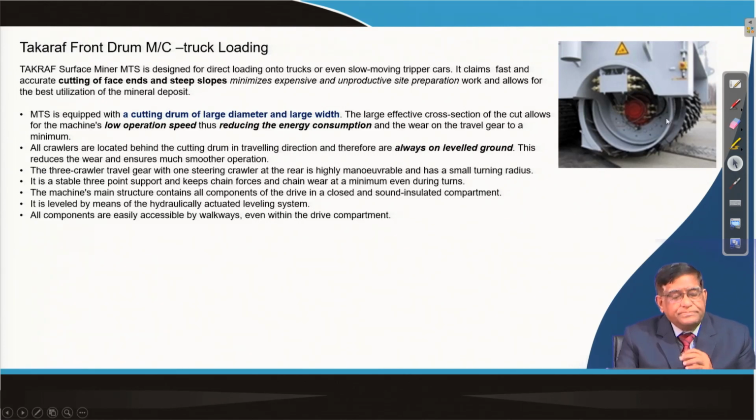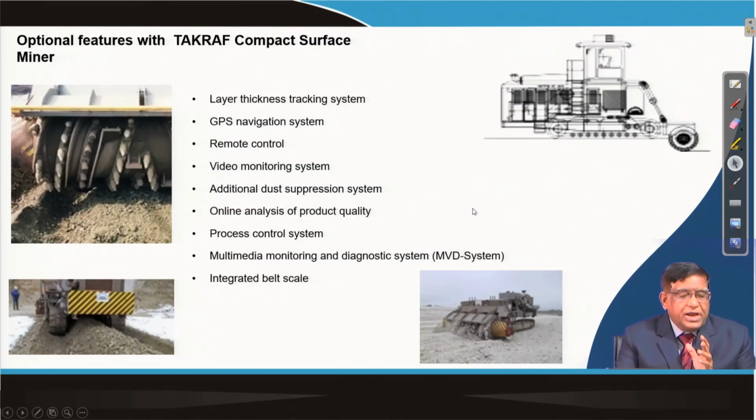Now, in a front cutting machine, this one Tokarev has produced is a front loading drum, and you can see that this type of machine is also going to be very promising and highly productive. Now, there is the spiral, you can see over here how the cut material is brought towards the center. As a result, when the windrow is formed, the cut material forms a windrow in front of it.